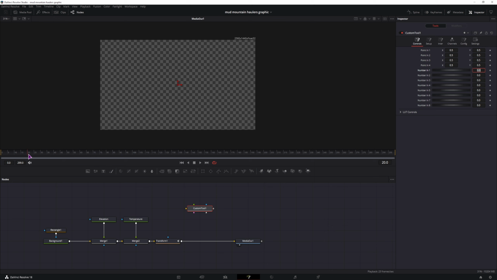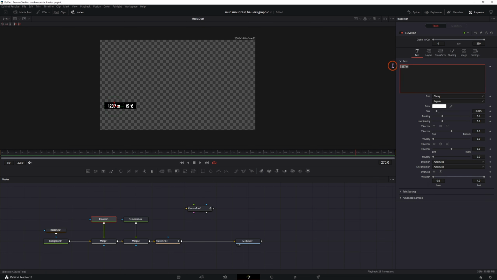So we can start the animation equally at frame 20. Keyframe the value. Maybe we'll start at maybe 250 meters. And the ending animation will be, maybe this will finish at frame 270. Maybe something like that. So now to display this value in the elevation, we'll remove the text, right click, make an expression,